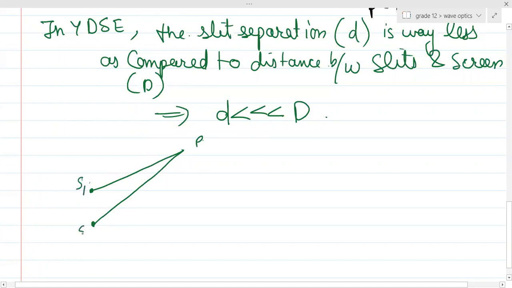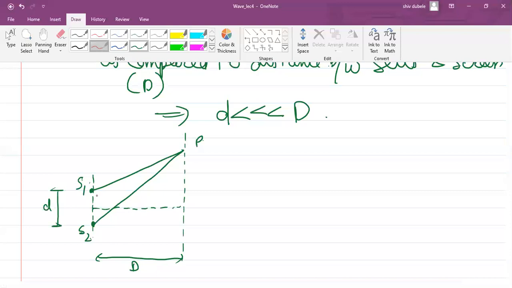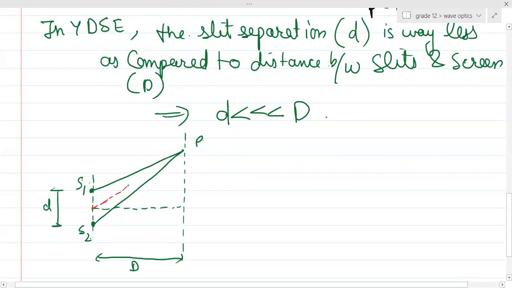So this was your S1, this was your S2, this distance was small d, and this distance was capital D. Now assume that this angle is theta. Can you see what this theta angle is? This theta is called the angular position